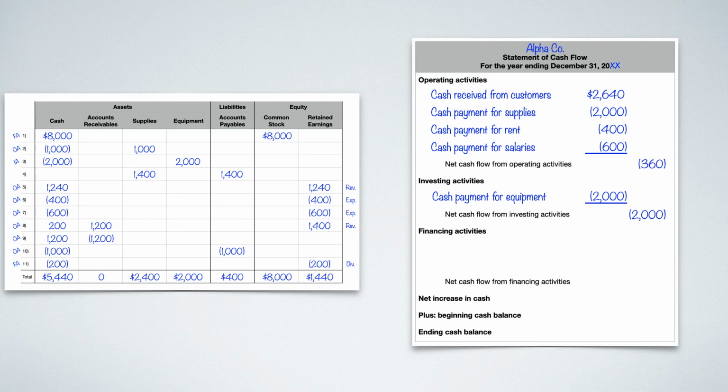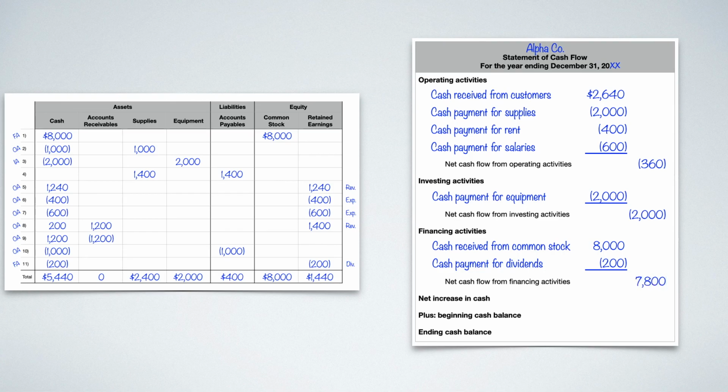So let's go to financing activities. So in financing activities, we actually have two transactions that have FA. We want to start with the one that has the positive number. So we'll start with transaction one. And that's where we got cash from investors in exchange for common stock. So I'm going to put cash received from common stock for $8,000. That takes care of that one. Now let's go to where we paid it out, and that was in transaction 11, which is the dividends. So cash payments for dividends, that was negative 200. So if we add that up, that's going to give me net cash flow from financing activities of 7,800. So there's a positive number.